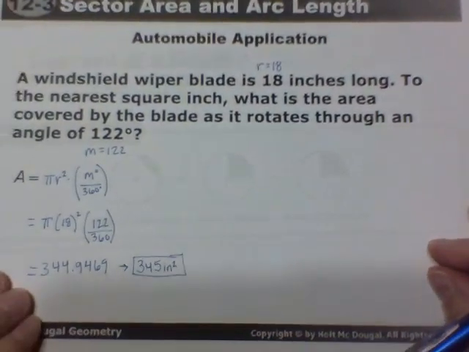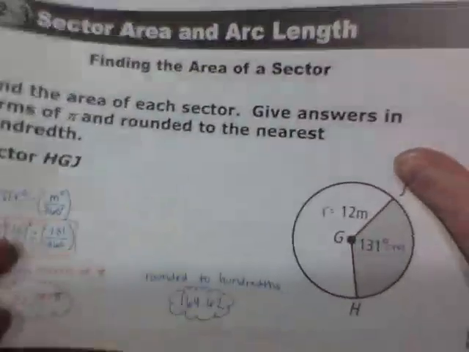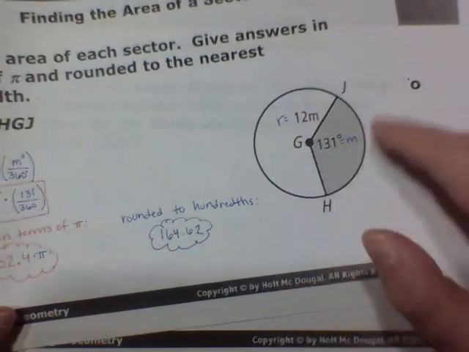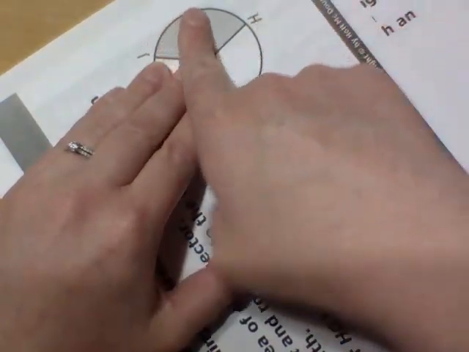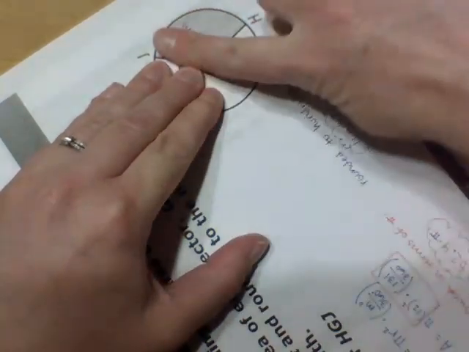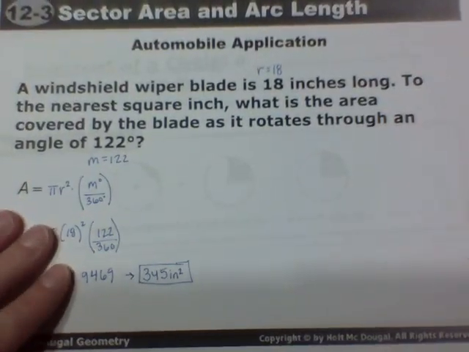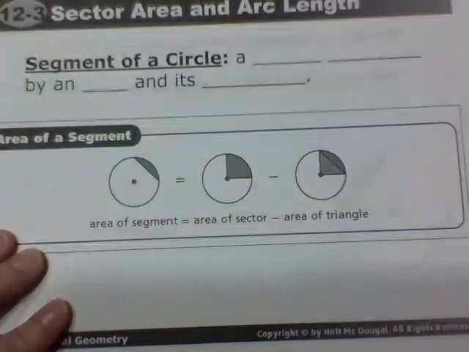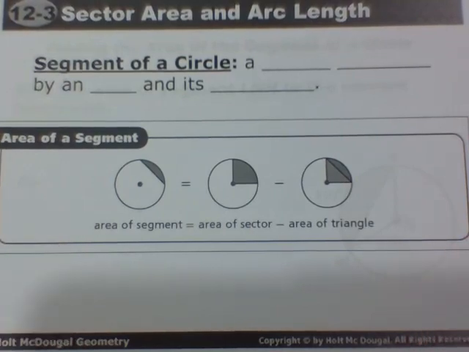All right. So again, what we're talking about here is, image-wise, if this was like your windshield, which is more like 180 degrees, the wiper is going 122 degrees and then going back, which is odd to think about since it would go off of the edge of the windshield. Anyway, all right. So then we have a segment of a circle, and a segment of a circle is a